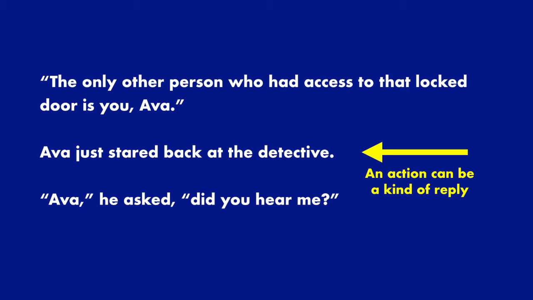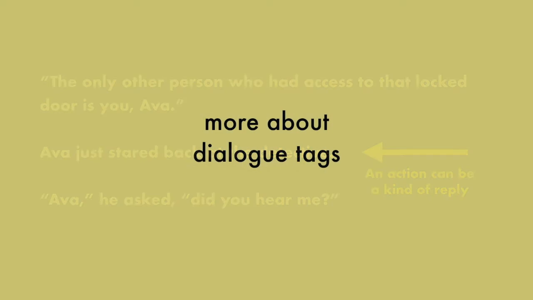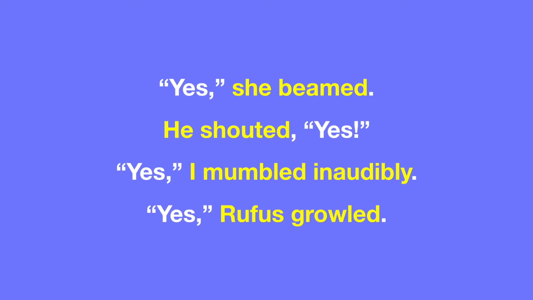When she stares silently, it's a kind of reply, even if it's silent, so it gets its own paragraph as if she'd said something. A couple of points about dialogue tags now. You can replace "said" with something more descriptive like "he shouted" or "I mumbled," but do this sparingly. Try to limit this to when how a person says something is important to the scene or to make the